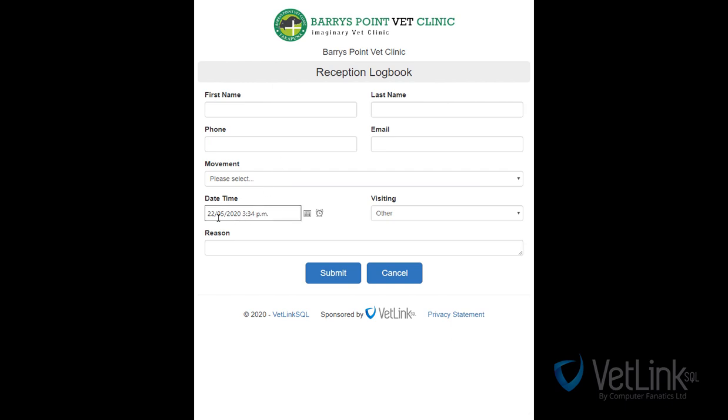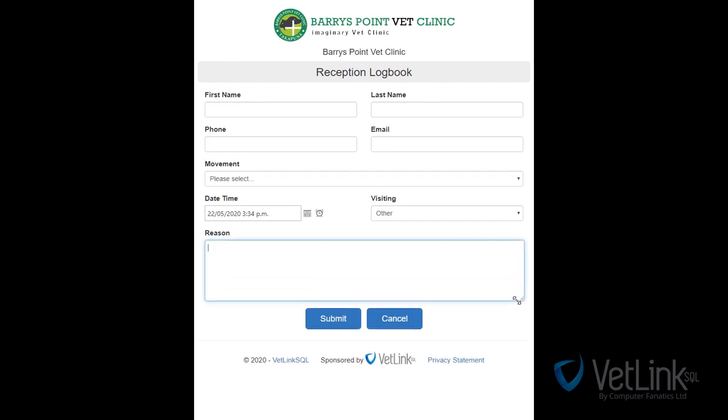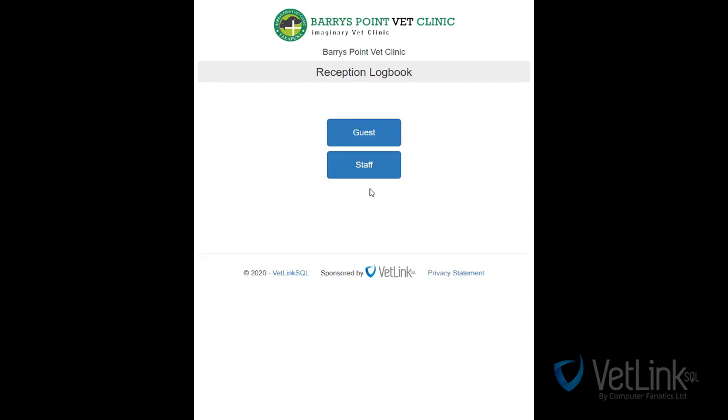The date and the time are chosen automatically based on when the button was clicked to start logging the details. You can choose the staff member they are visiting if you wish to, or not. And this reason box here, this will have the pre-written text from the template in the movement options that I was speaking of earlier. And once that's all done, they can click submit. If I go back now to the staff button,